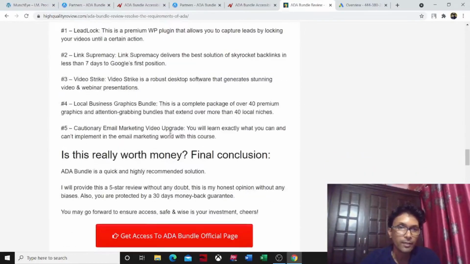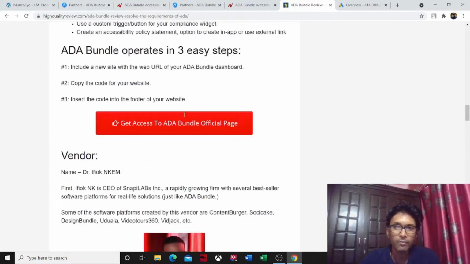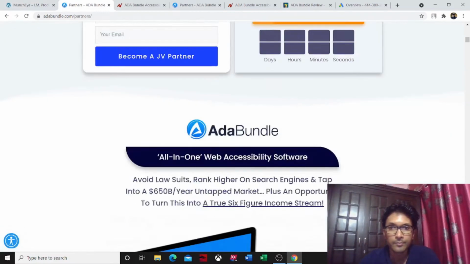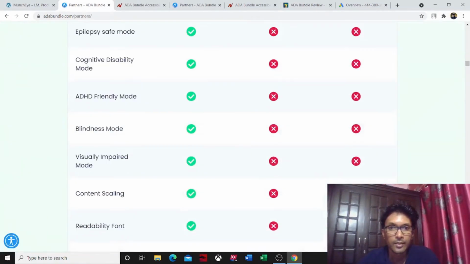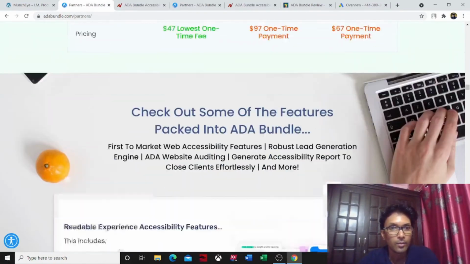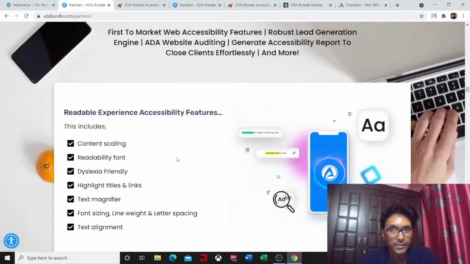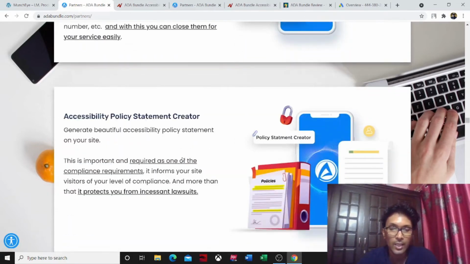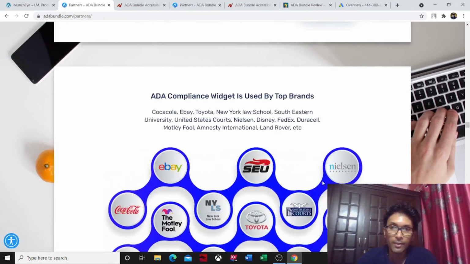If you ask me from where I will get all such information, you will get all such information inside the JV page. They will give you review access, they will give you bonus packages, they will give you all the information. You can check from here. Here they have given everything. These are the points you have to extract, or you have to find all the information from the JV page. You can take the help of the sales page also.